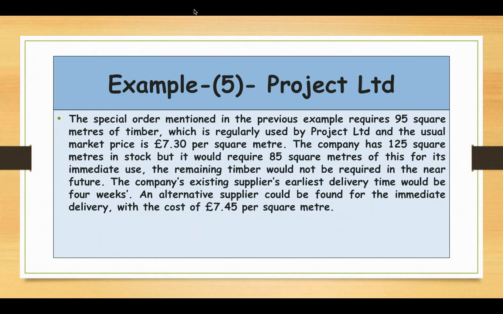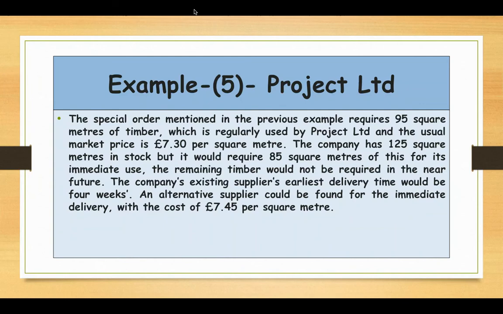The company has 125 square meters in stock, but it would require 85 square meters of this for its immediate use. The remaining timber would not be required in the near future. The company's existing supplier's earliest delivery time would be 4 weeks. An alternative supplier could be found for the immediate delivery with a cost of